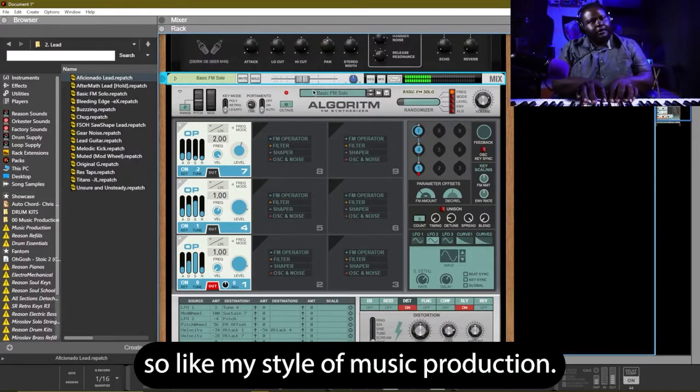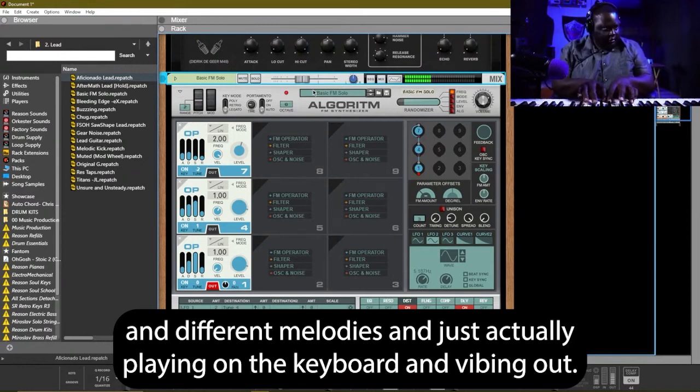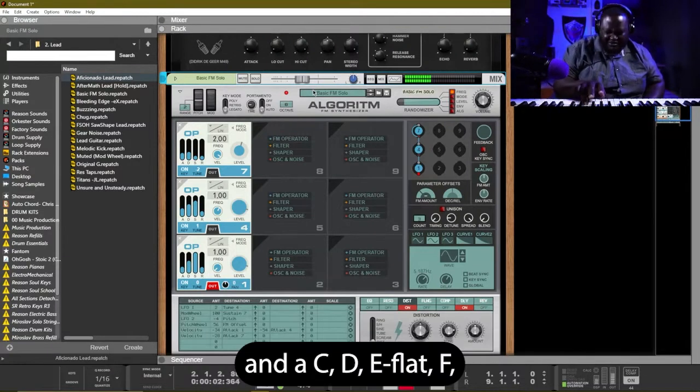So my style of music production, I really like playing around with different sounds and different melodies and just actually playing on the keyboard and vibing out. So for me, the best thing that I can do in order to be able to do that is to learn scales. So the scale that I'm playing in right now is a C minor scale, and it's C,